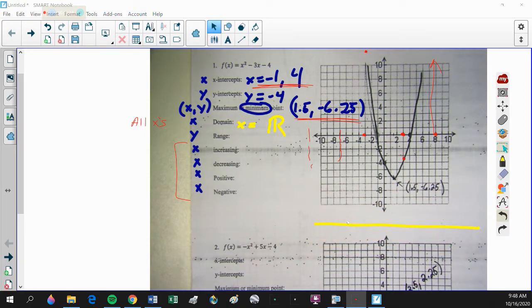Okay, so when you talk about the range, you want to start at the bottom. And we start coming up. And then when do we first hit the graph? Right there, negative 6.25. When do we stop hitting the graph? Never. So to write that, and it's going to be right here, we say that the range,